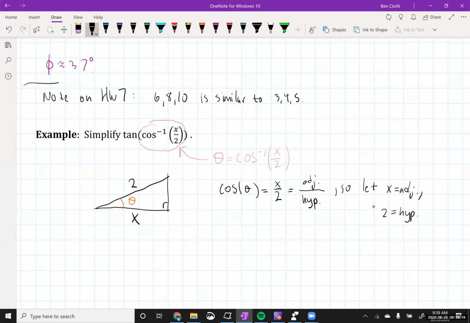You see what I did there? I just assigned those lengths to those sides, and now I can use the Pythagorean theorem to figure out the opposite side. So, in other words,